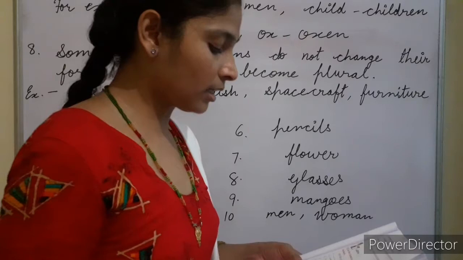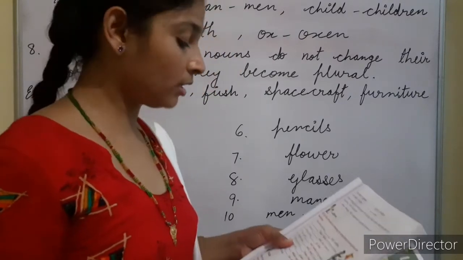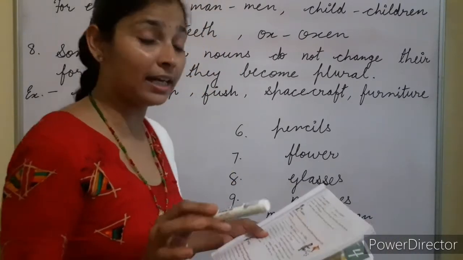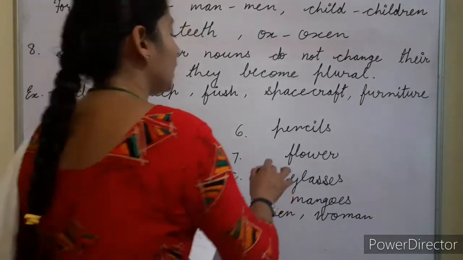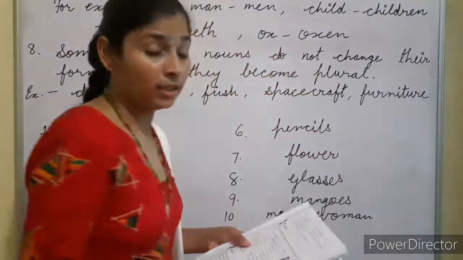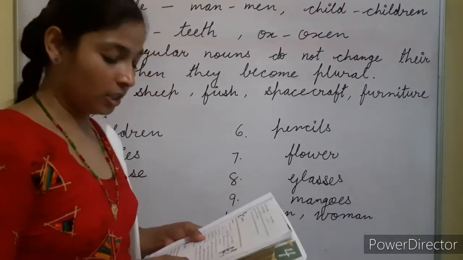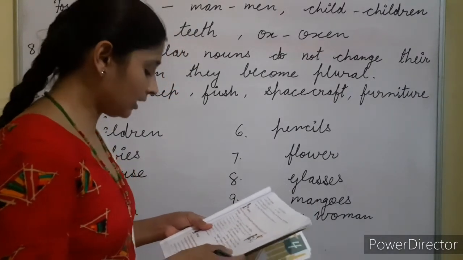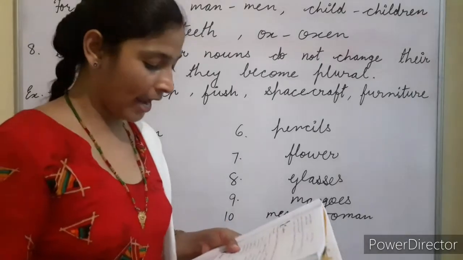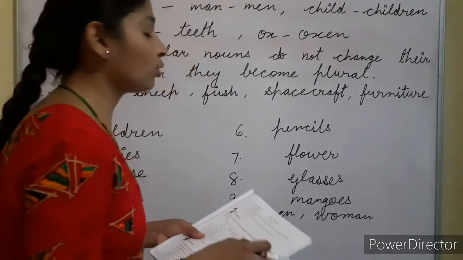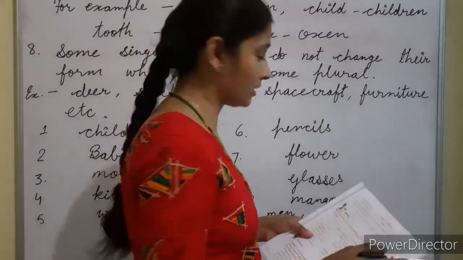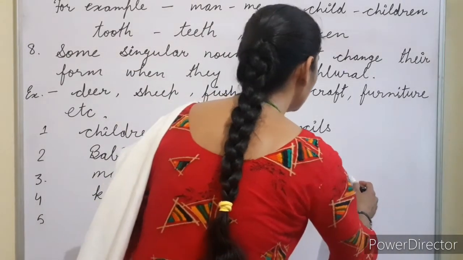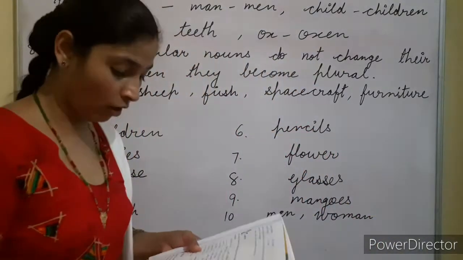Seven is, the girl gave a red blank. A red. So flower or flowers. So you will put here a red flower. Singular noun you will put. To her teacher. Next is 8 number sentence. Himanshu drank 6 blank of water. So here 6 you are getting. So glass you will put here or glasses. So students you will put here glasses of water.